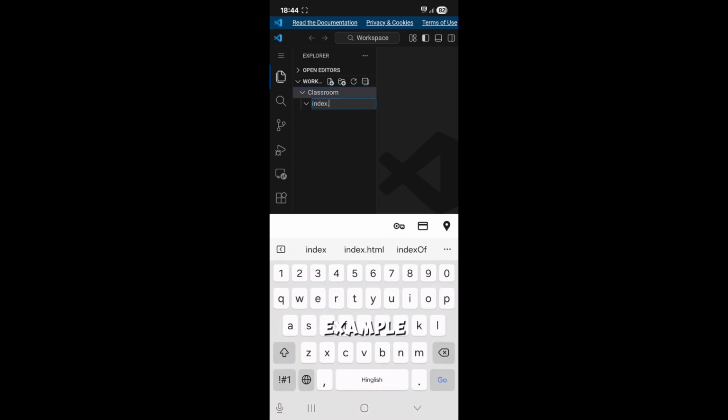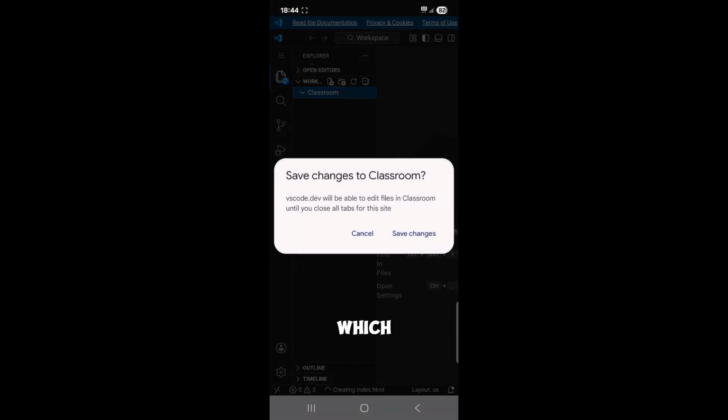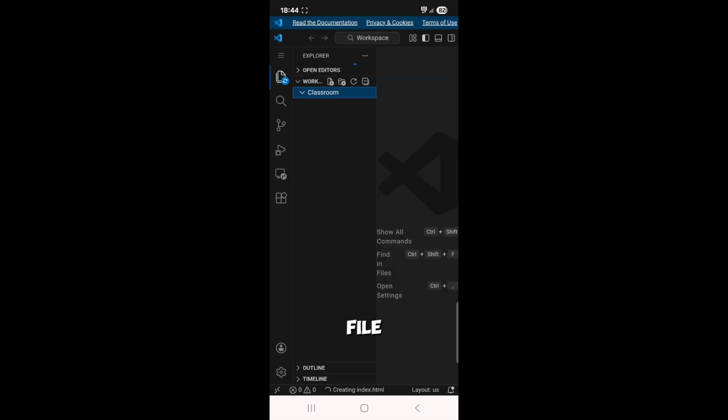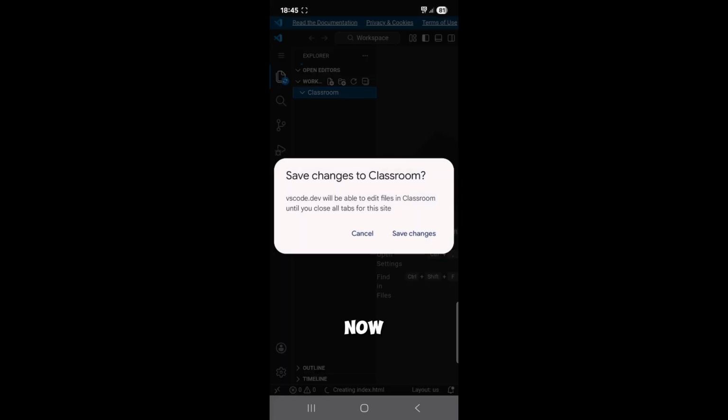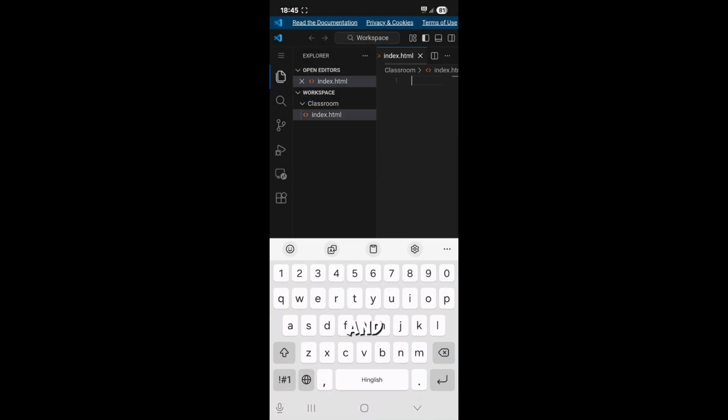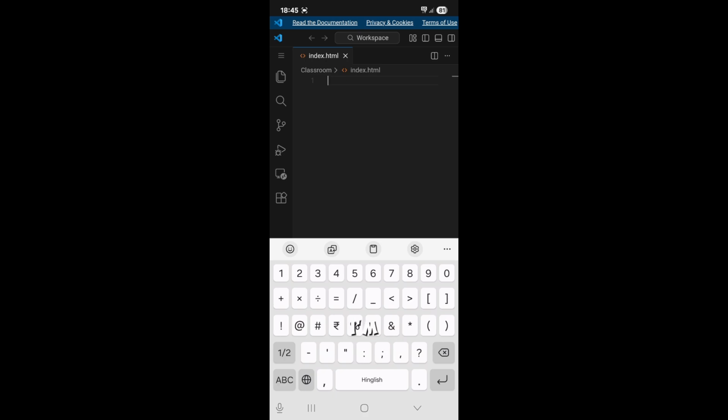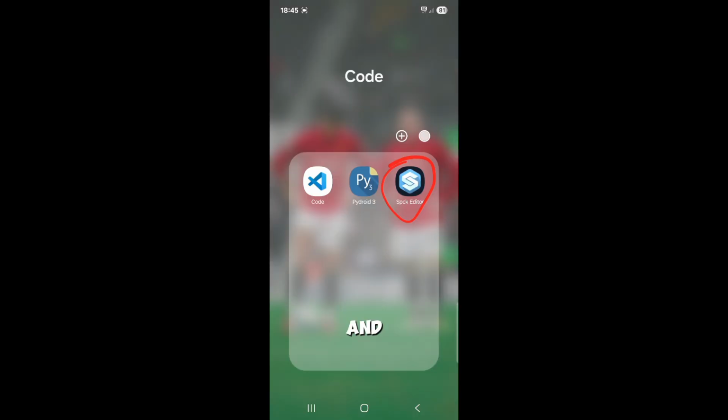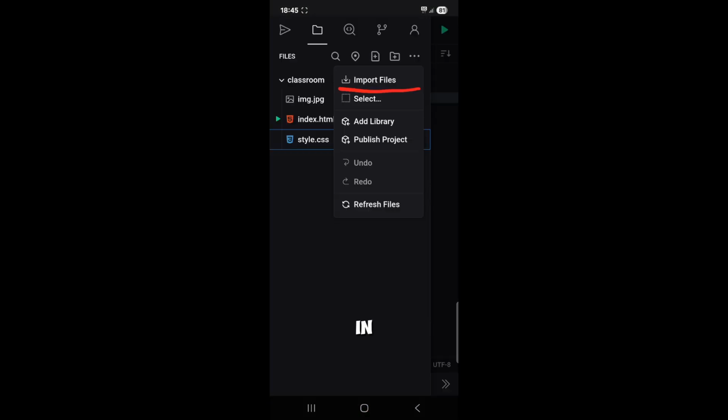I'm giving an example of index.html, in which I'm going to create a file. Now it is created, save changes, and now you can edit and code here. I'm going to show an example here. As you can see, I have written a basic code here and I will run it in this editor, or